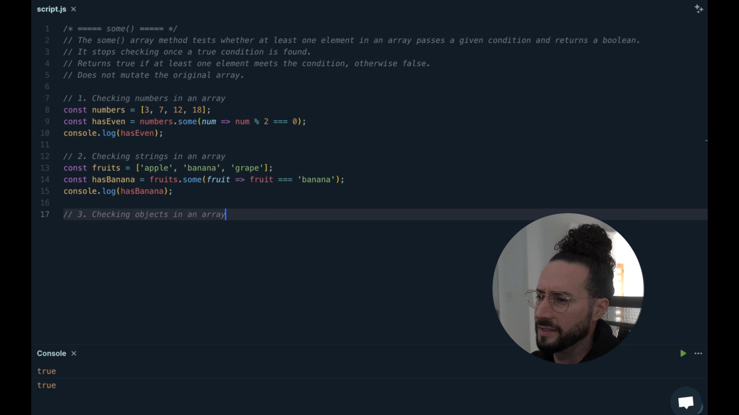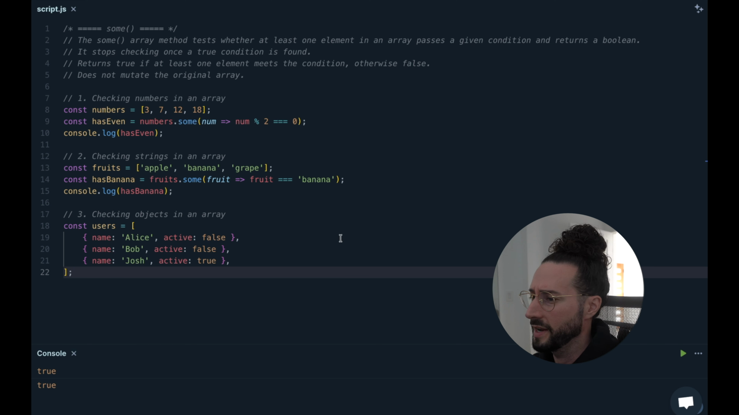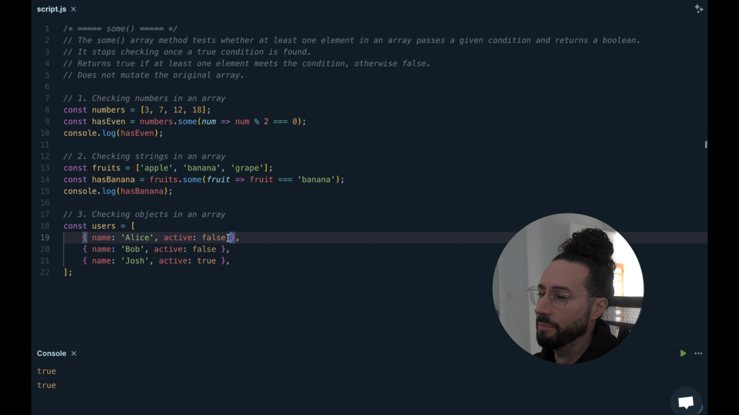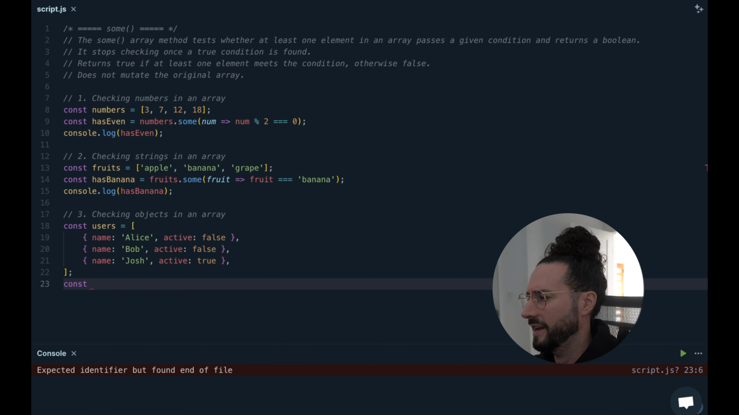And for our final example, let's just check objects in an array with sum. Let's say we have const users here. It's just an array of objects of users, each one with the 2 key value pairs, one called name, which is a string, and the other called active, which has a Boolean. So let's use sum on users, and let's say we want to check for if users has an active user. So we'll just name this variable hasActiveUser,